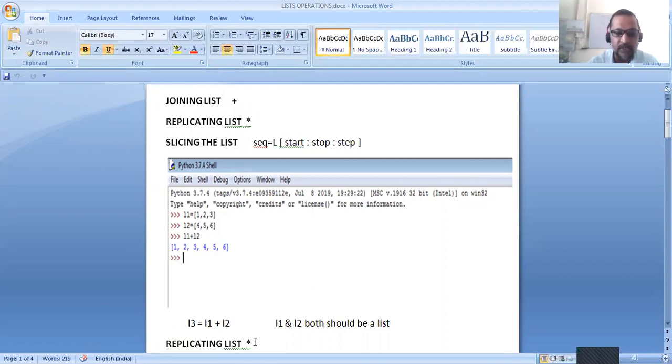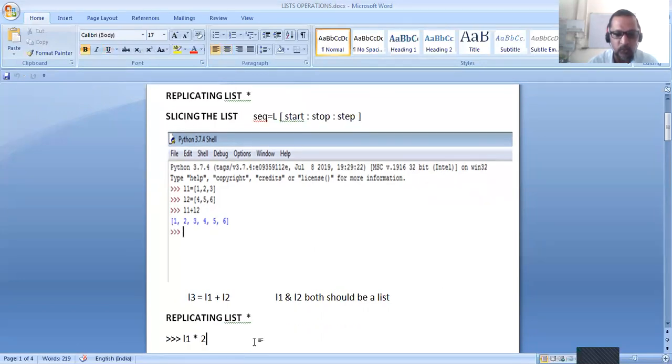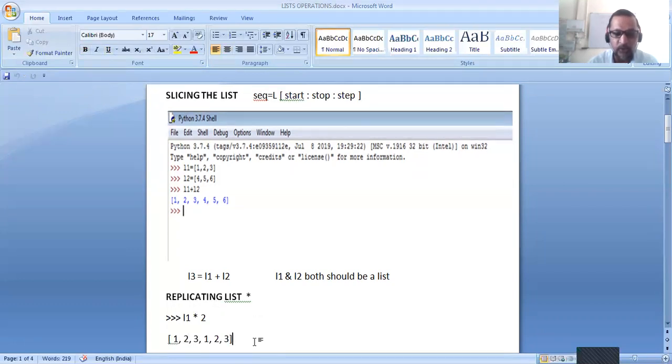When we give the command L1 into 2, it will return a list that contains 2 times the elements of L1. That is 1, 2, 3, again 1, 2, 3.